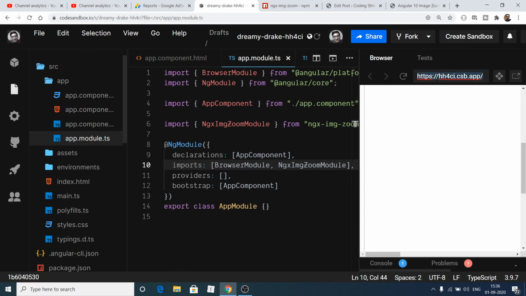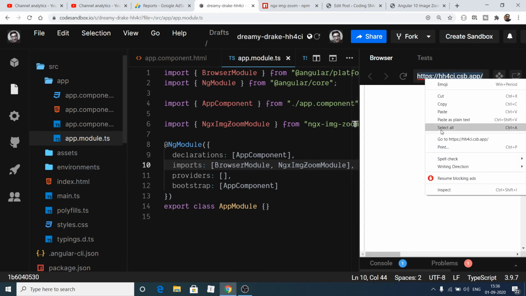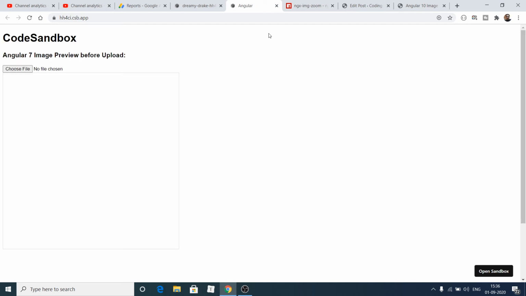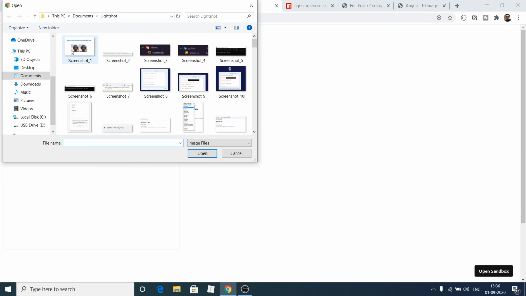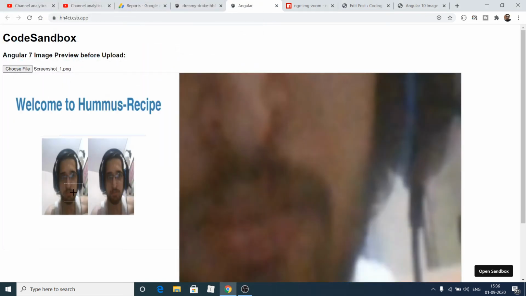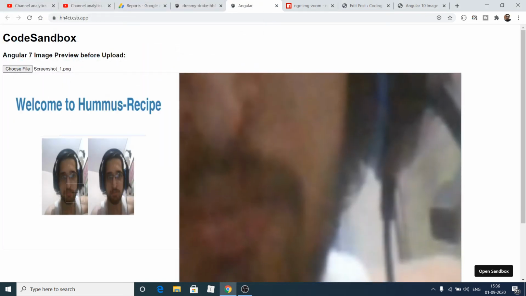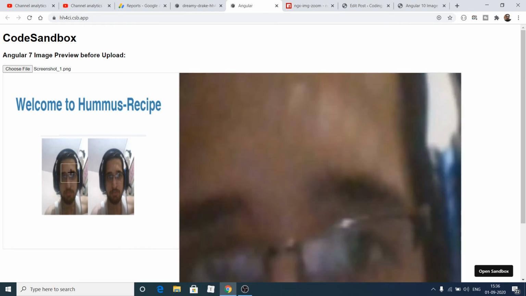So what you can do is that you can just copy this URL and open this inside your browser. You will see it will compile all the dependencies, and this is a live URL that it gives you for your app, so that you can share this URL with your friends also. So if I choose any sort of file, you will see this is a zoom level. You can customize this zoom level by going to a property.